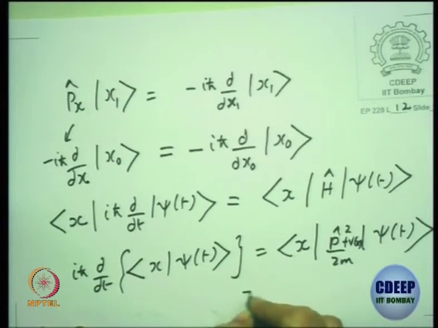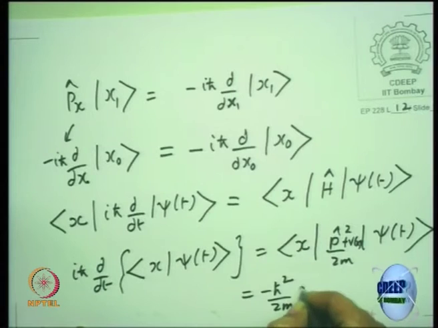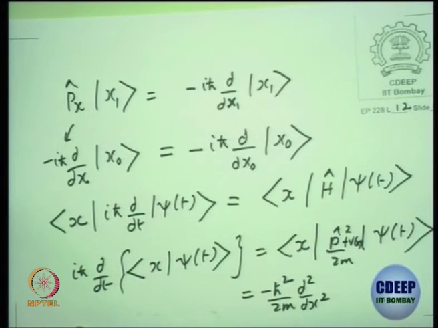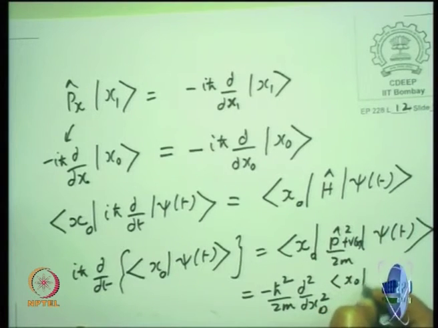So you can rewrite this as minus h cross squared by 2m del squared by del x squared. More precisely, maybe I can take an x0 here just to make it more dramatic, x0 with psi of t